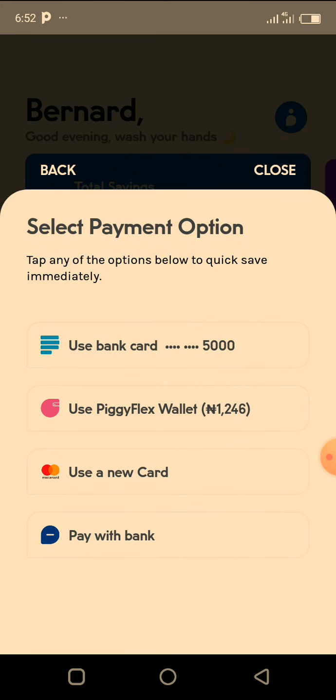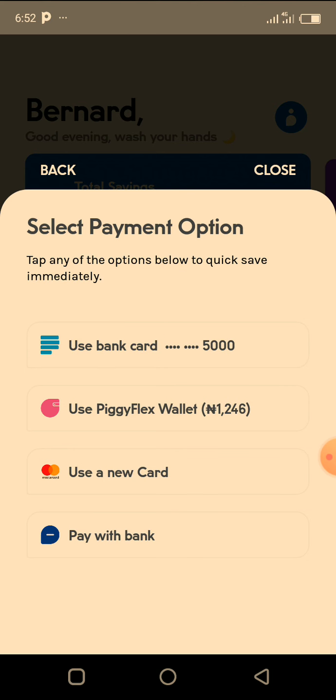So I can use a card. I use bank. I can't save. You can see that I can't save from my bank, piggy bank, flex. That's like withdrawing cash. You understand? Because anything in your flex can always be withdrawn. You do understand now? Because I said that you can only withdraw 3 times a month. It's only when you're investing it that they allow you to touch the money on your piggy bank. But if you want to move it to flex, it's only after 3 months. So you can't save or quick save to flex.